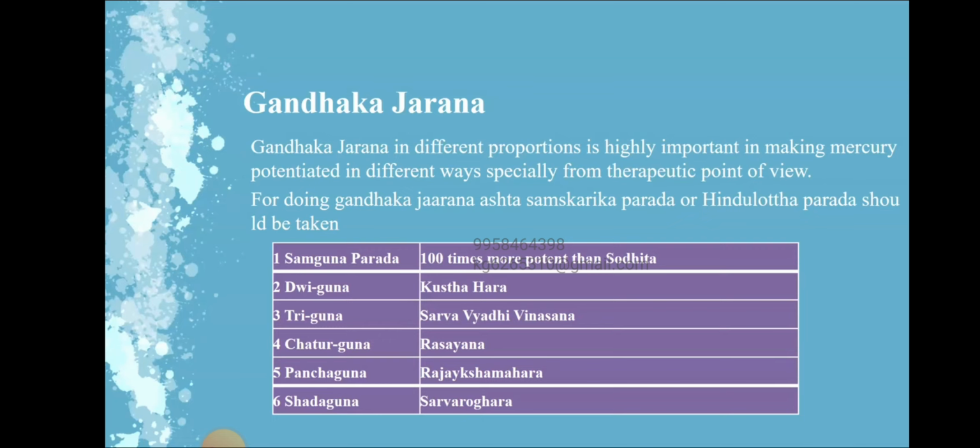That is one part of mercury and two parts of Gandhaga. In the same way, you have to add the rest of the Gandhaga, up to 6 times. First, you have to add the Gandhaga. When the Gandhaga is melted, you have to add the Parada into it. And after that, when the liquefied Gandhaga is reduced into the Parada, or reduced to half of the quantity, you have to add one more part of the Gandhaga. Likewise, you have to add the rest of the Gandhaga. So this is the general process.